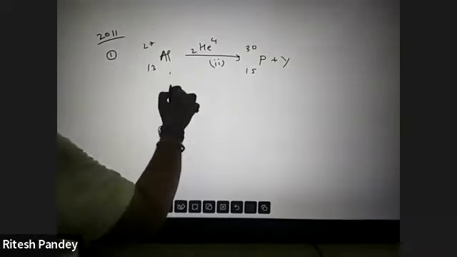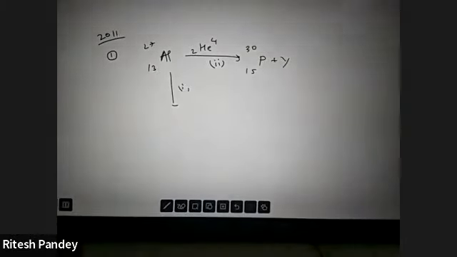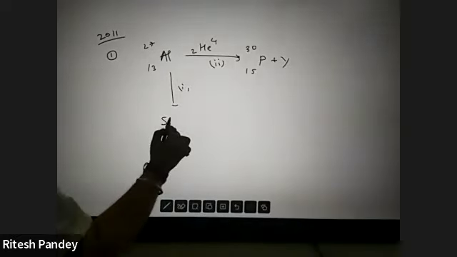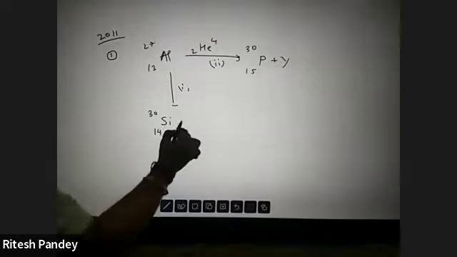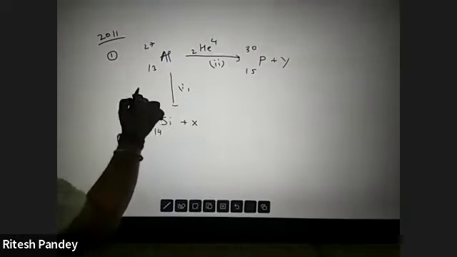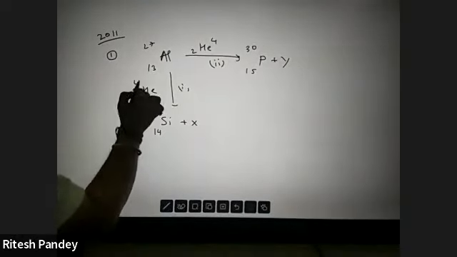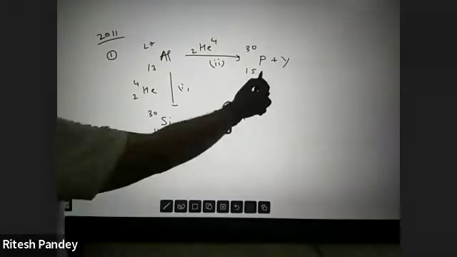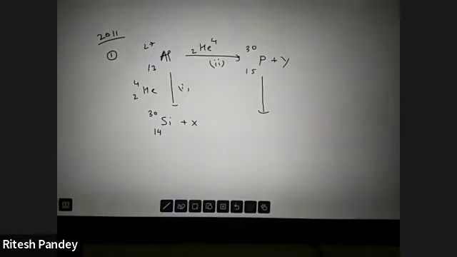This is 2, I reckon. One is this one, where naturally it's going to give you silicon with an X, silicon 14 30 plus X. Again, it's about bombarding it with helium. And this phosphorus is eventually giving you in another change